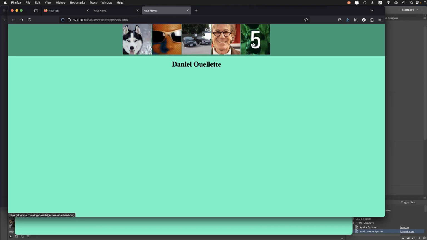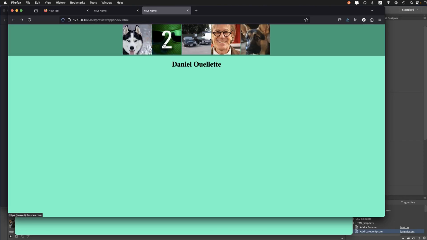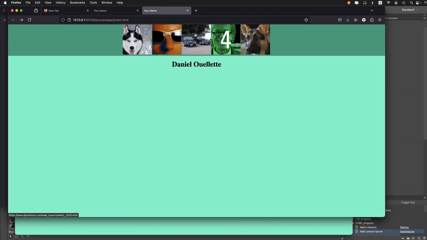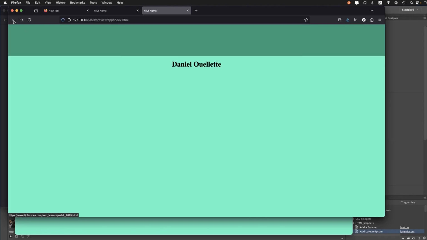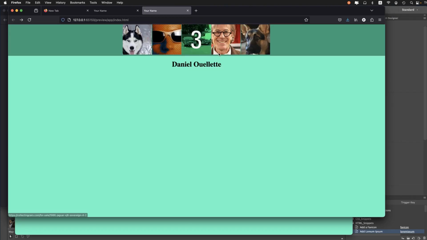And I can quickly show you my Photoshop file as well. These also should link to external websites. Okay, so just go out and randomly pick some websites to link to these. So this is going to the Husky page, and this is going to my lessons page, and so on. As you see here, I'm just going to test them all very quickly and just use the back button to get back. So create a single page,